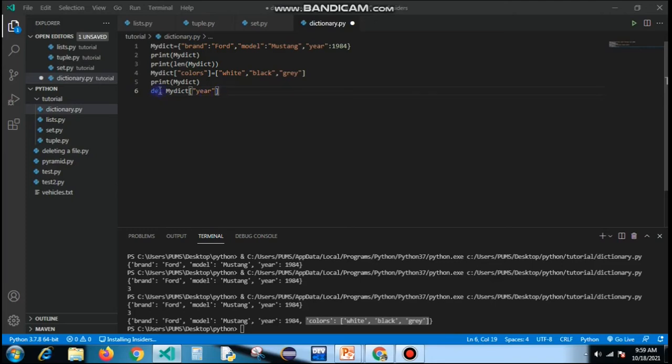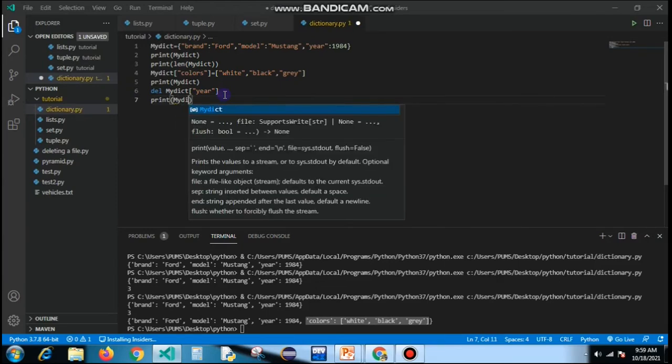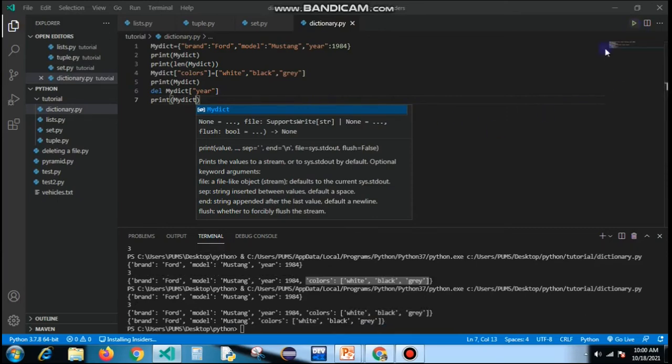So over here I have deleted my year value. So now let's print my dictionary to check if I have done everything correct. So let me save this and click on run, and you could see the year has been deleted. Now this is all the functions we can do in dictionary,